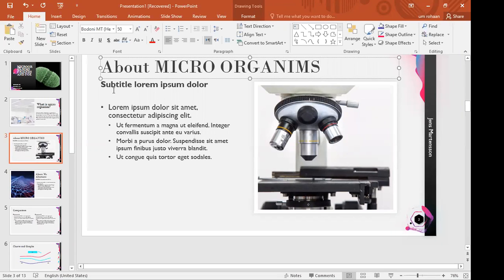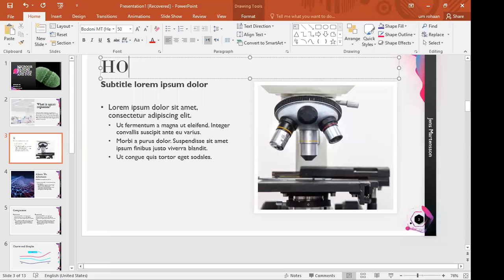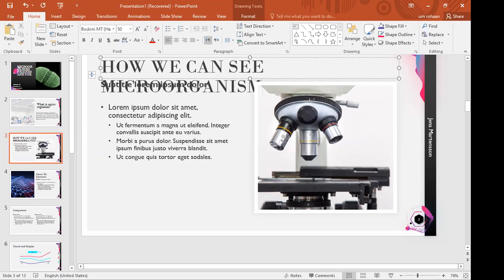Or if you want to edit this title, you can say how we can see microorganisms. Okay, because you can see a beautiful microscope on the screen. Better we change the topic. Okay, how we can see microorganisms.